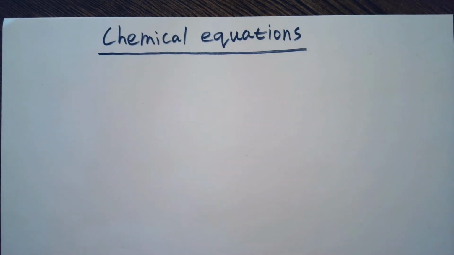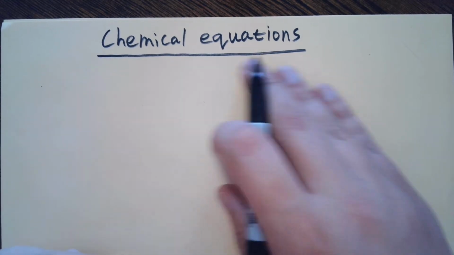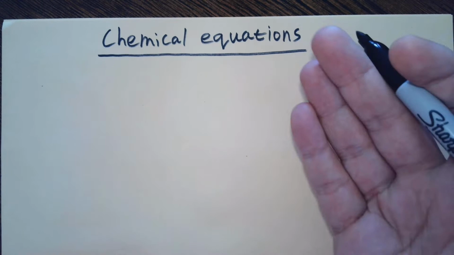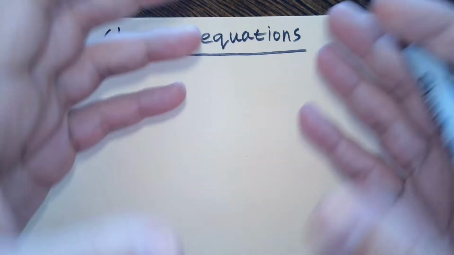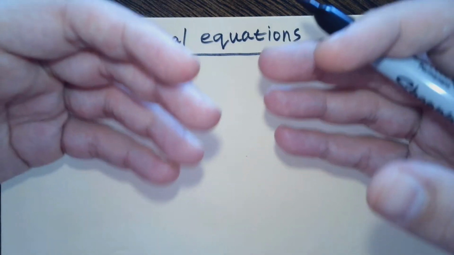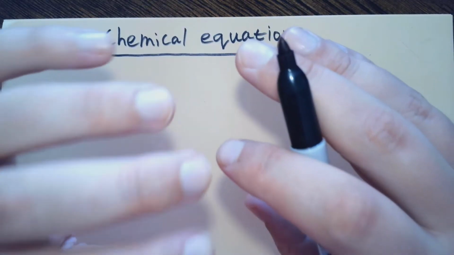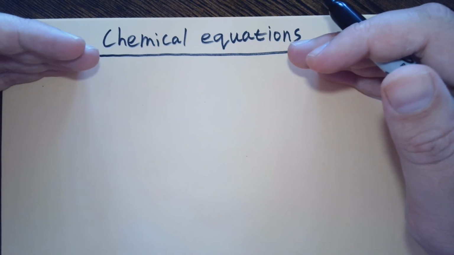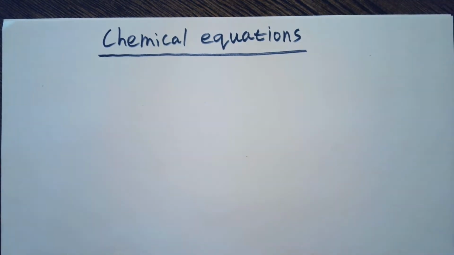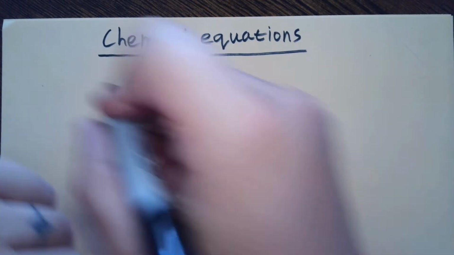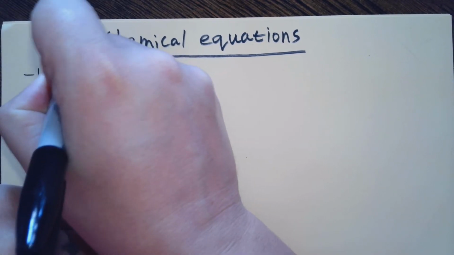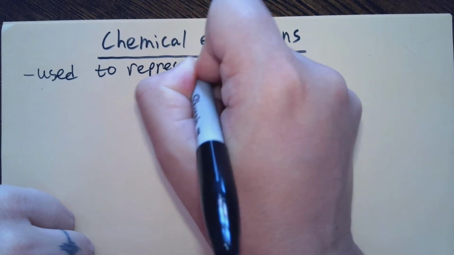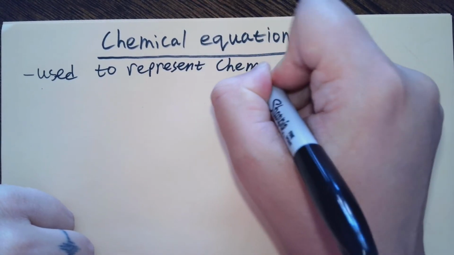And so we can't talk about chemical reactions without talking about chemical equations, because this is how we represent a reaction on paper. So in the lab, you have your chemicals, you have your glassware and everything, and you perform a reaction, you see it happen, you make observations. And how do we write that down on paper? Well, we use chemical equations. And so these are just used to represent chemical reactions